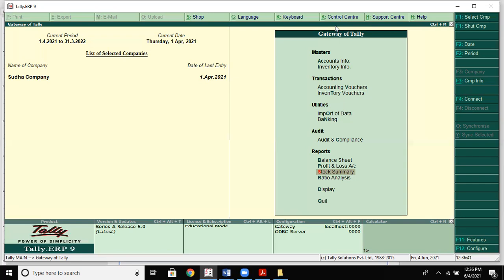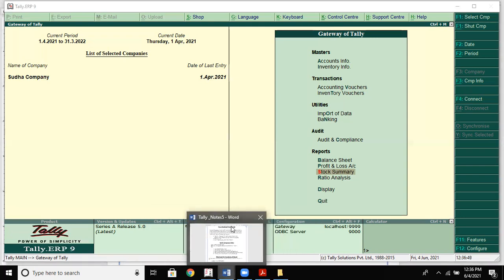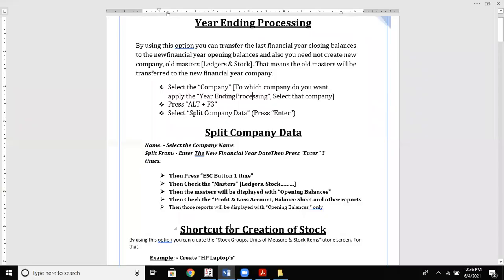Now let us get into the Gateway of Tally. Then select the company. For whichever company you want to do that process, select the company.